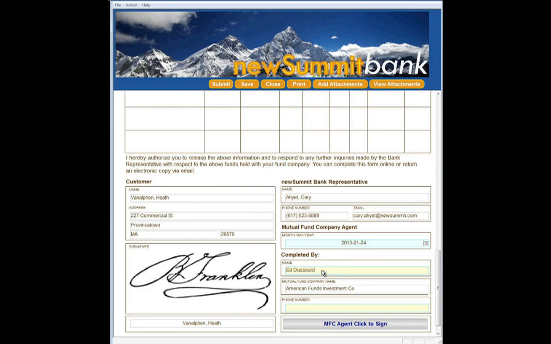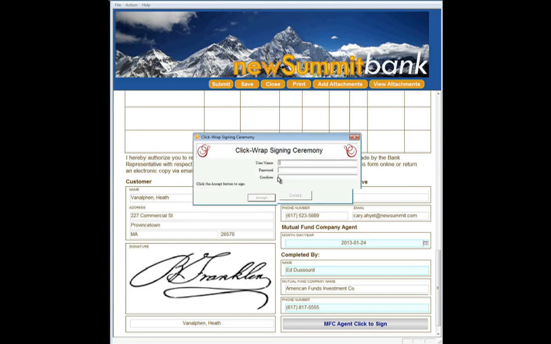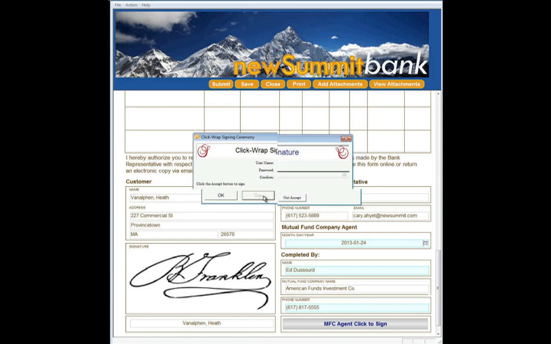Okay. Our company information is already pre-populated based upon previous entries in the form. The last thing that's required of us is some contact information. 617-817-5555, and tab out. And the very last thing that we have to do to complete it is to sign off on the form. So the mutual fund agent will come in here, they'll click sign, and just like the previous signature ceremony, we're required to enter our full name and provide a password. Once we confirm that password, we're allowed to complete the process by accepting the terms and